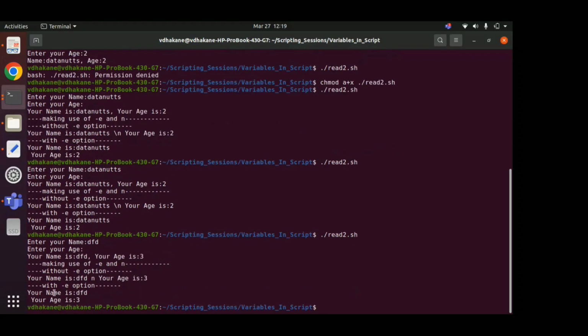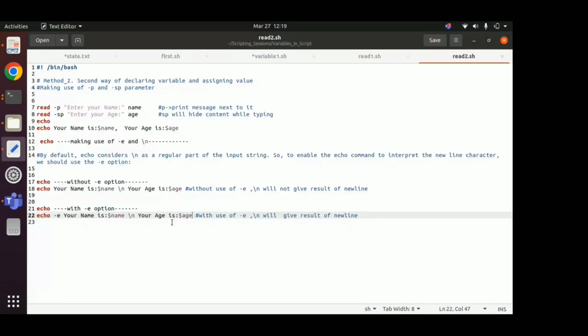You can see, even if you don't give the quotes, it will work. When the necessity of giving the compulsory quotes comes, we'll see that when we get to that point. Okay, so I hope from this you got the idea about how you can use the read command in a better way. You can make use of the read command as an echo, and how you can